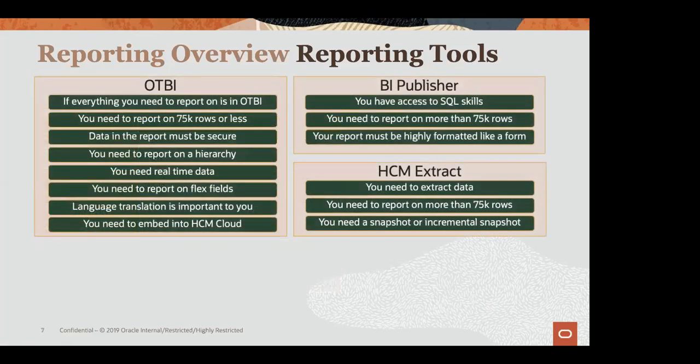This is one last slide, just to give you a highlight of what skills you need and some of the limitations. The limitation in OTBI today is that in a report at a time, the maximum number of rows is around 75K. Also, if you have to report on manager hierarchy, like you log in as a line manager and you would like to report on multiple levels of your reports, directs and indirects, OTBI is one of the easiest ways to do that. You don't have to do anything. The dimensions are all pre-built.